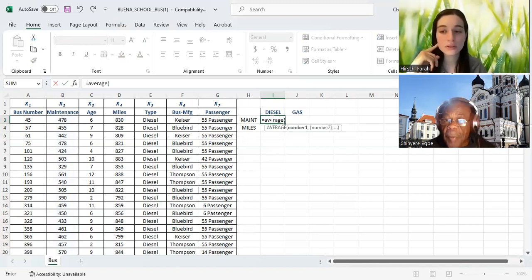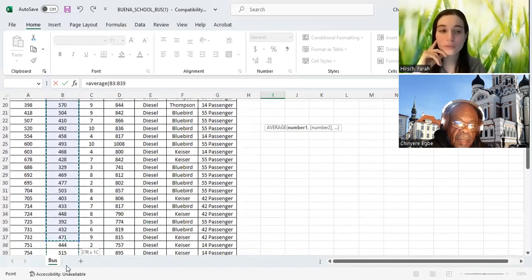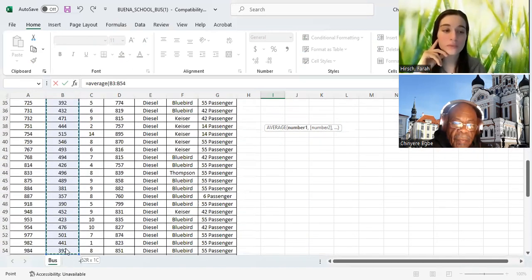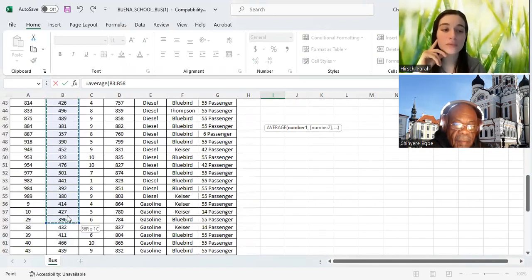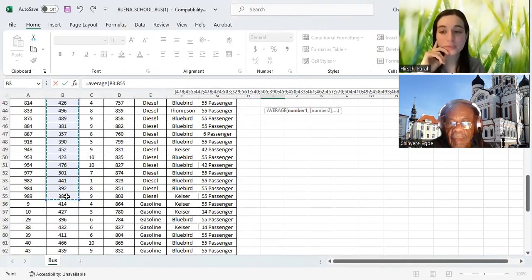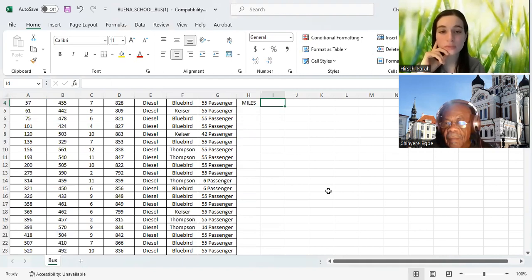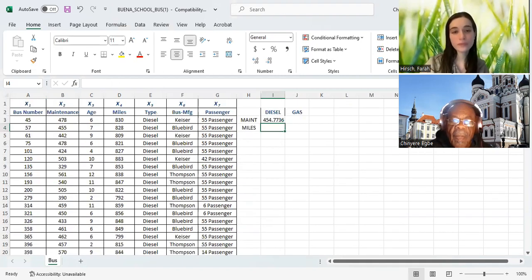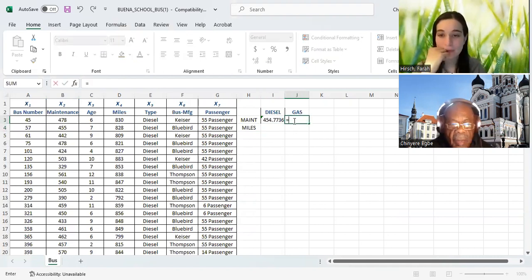average bracket open, then you go to the maintenance and you paint. You keep painting until you get to the end of diesel. Be careful. You see it? Yes. And you hit enter. And that's it. You go to gasoline equals